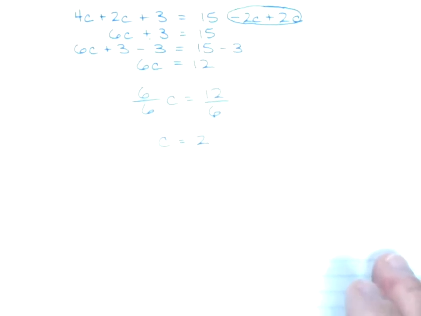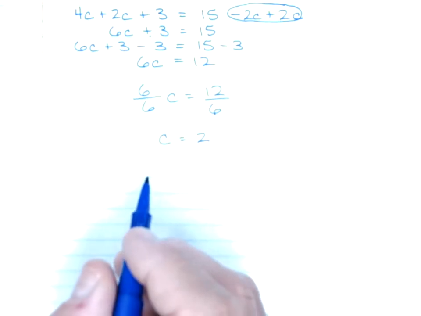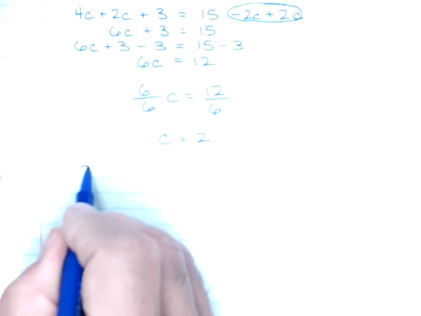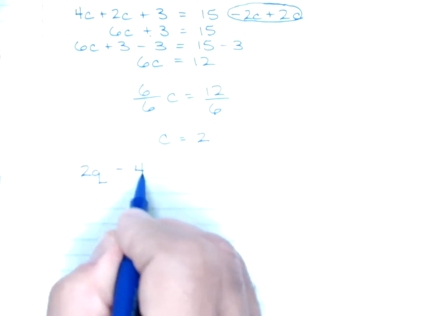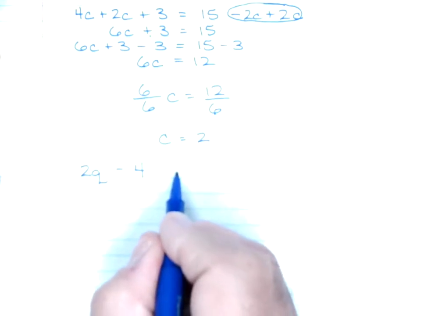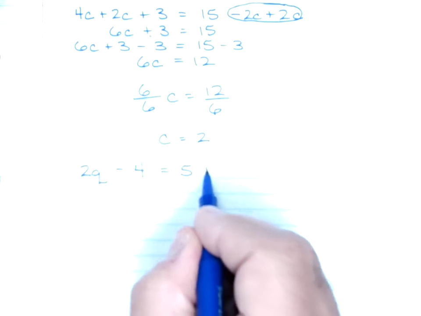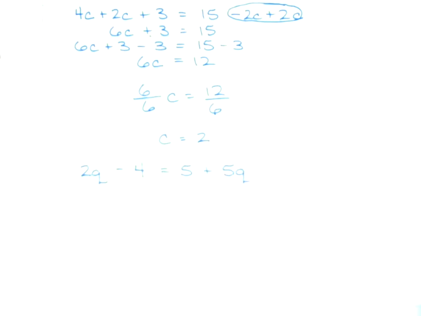Let's try another one like that. Or try another one in any capacity. 2q minus 4 is equal to 5 plus 5q. Now I'm going to go ahead and break my rule